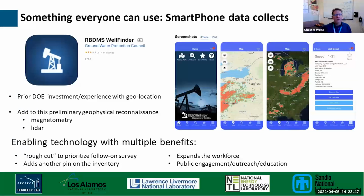We have some experience in this. In fact, DOE has funded software development efforts for well locations for abandoned water wells. We think that this is an absolutely outstanding way to engage the citizen scientist